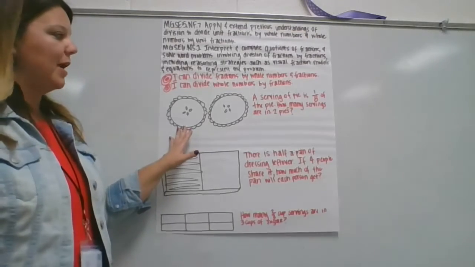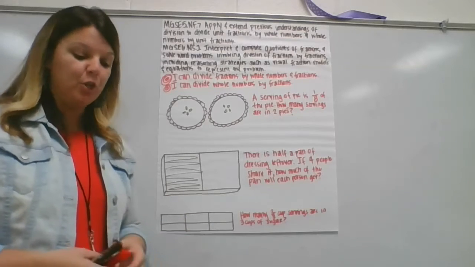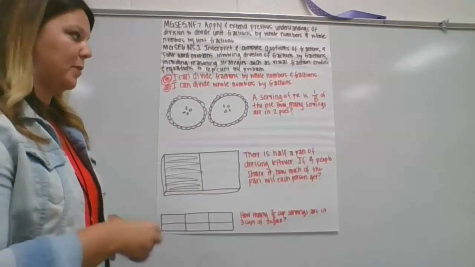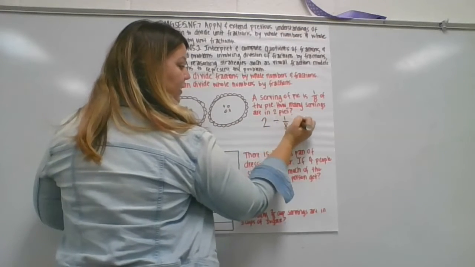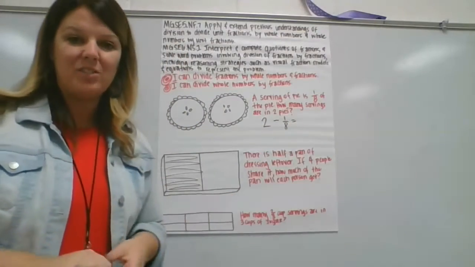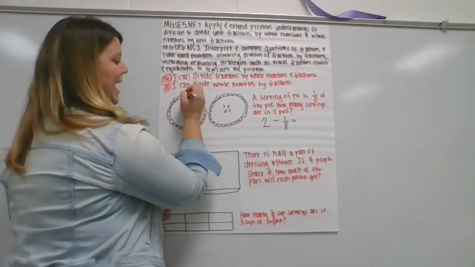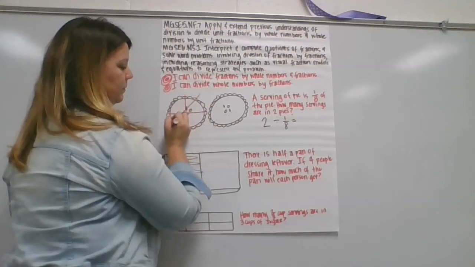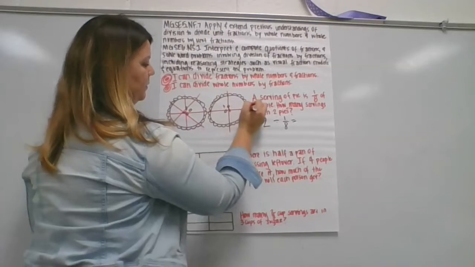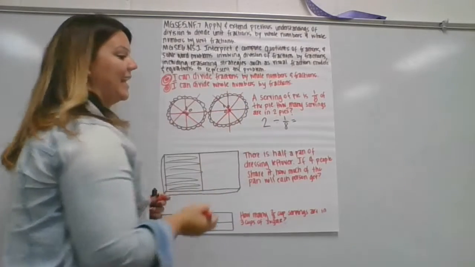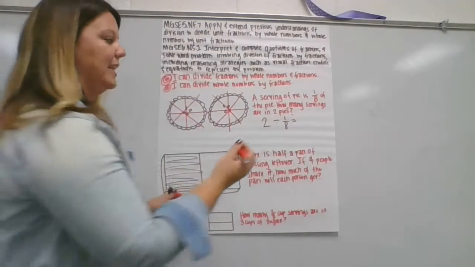If we have this problem right here that says a serving of pie is 1/8 of the pie, how many servings are in 2 pies? So you're essentially solving the problem 2 divided by 1/8. And you're telling me how many 1/8 servings are in this pie, which is really pretty simple. If we simply divide the models into eighths, that's not a very good eighth, but you get the idea. We can easily see that there are 16 servings of pie. There are 8 here and 8 here, which leads us